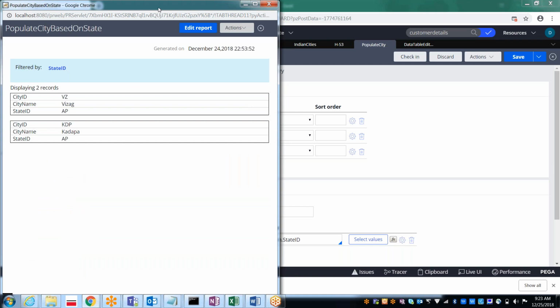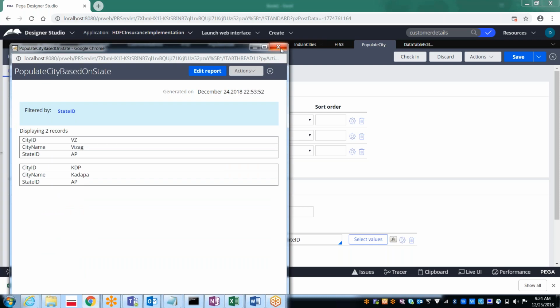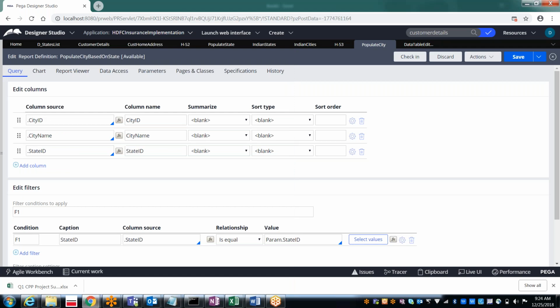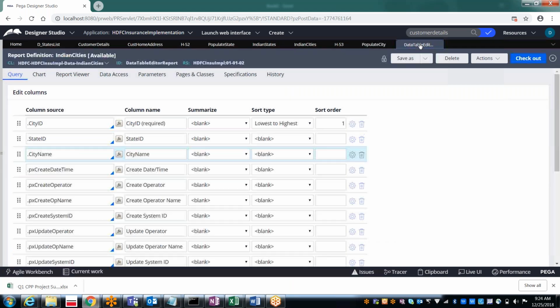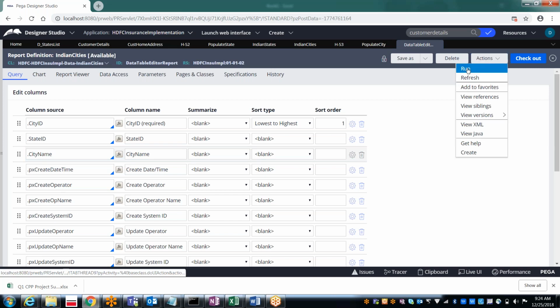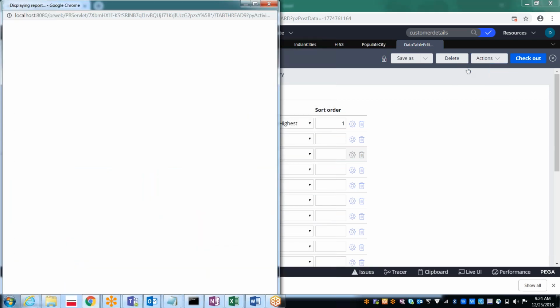Okay, so this is the report definition which we have created, populate city based on state. But as I said, the default Pega PRPC report definition, that is the data table editor report, if you run it, what will happen? It will not accept the parameter.